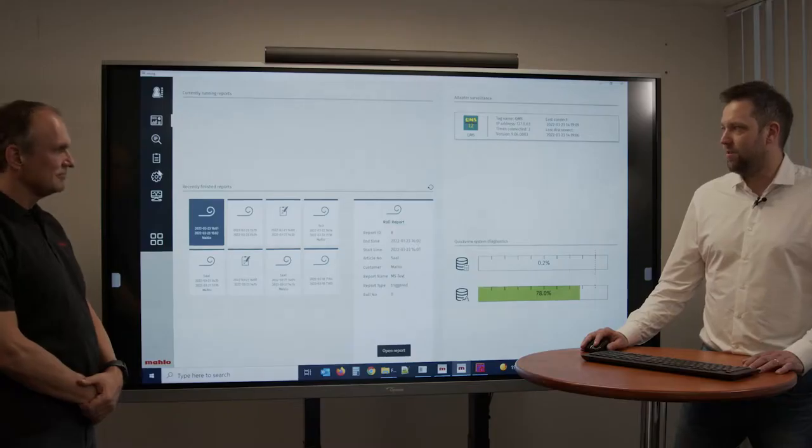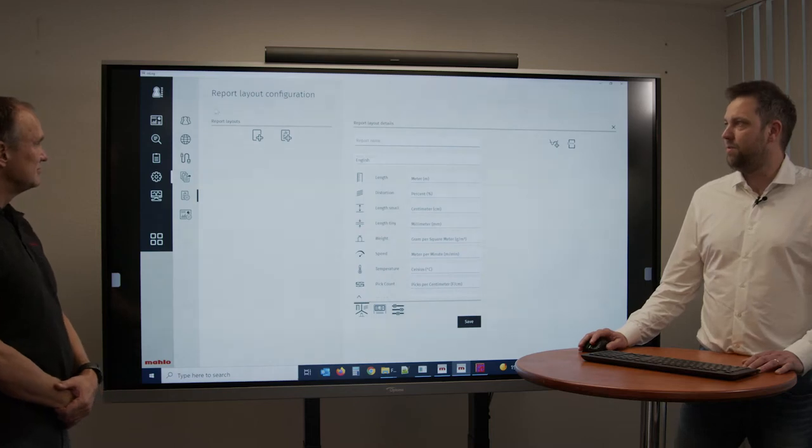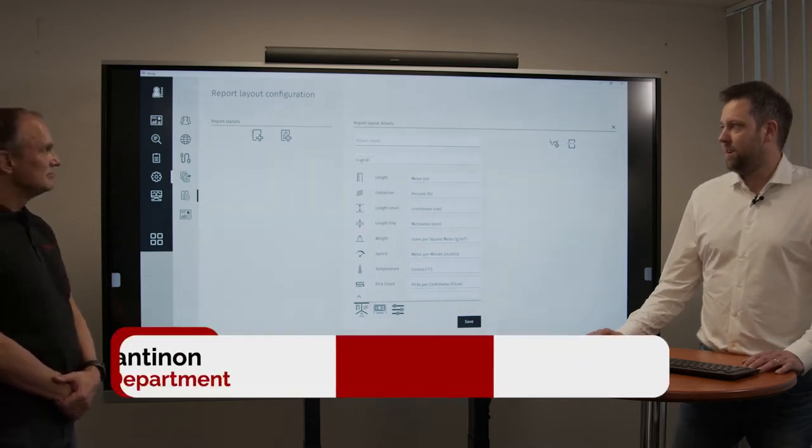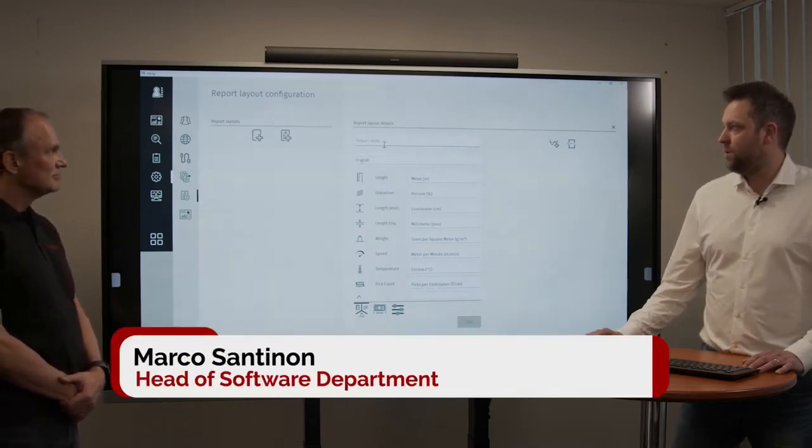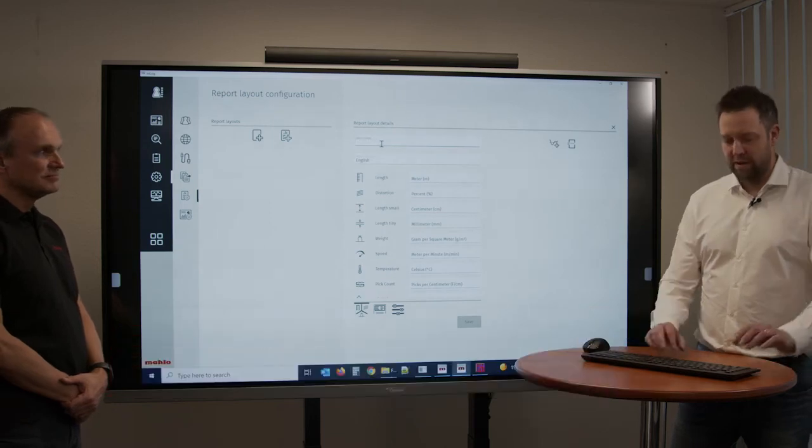Marco, please. That's right, Matthias. So, once that we have established the connection between the QMS system and the mLog, the first step is to define the report layout. It's really user-friendly. Just going in the report layout configuration, press the Add button, and what you have to do is just to write a report name,